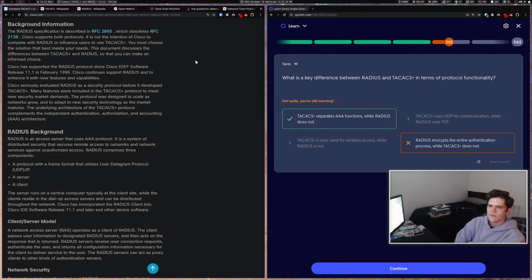The RADIUS specification is described in RFC 2865, which obsoletes RFC 2138. Cisco supports both protocols. It is not the intention of Cisco to compete with RADIUS or influence others to use TACACS+. You must choose a solution that best meets your needs. This document discusses the differences between TACACS+ and RADIUS, so you can make an informed choice. Cisco has supported the RADIUS protocol since